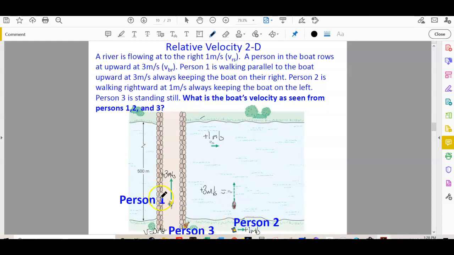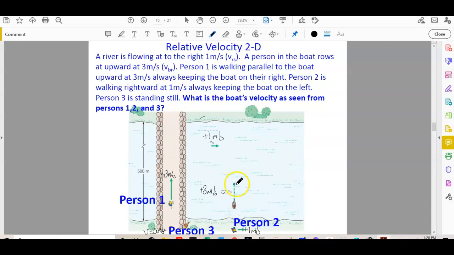Okay, so person number 1 needs to walk at the speed that this person is rowing to keep them on the right, and person number 2 needs to be walking at the speed of the river to keep the boat on the left. And so person number 3 is going to see the boat moving up and to the right,